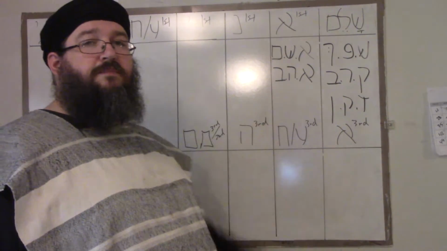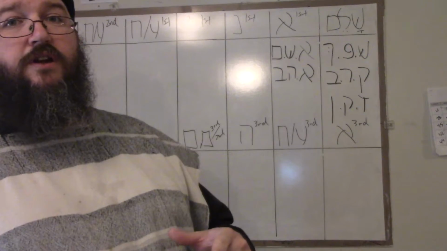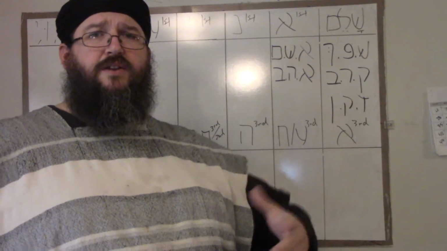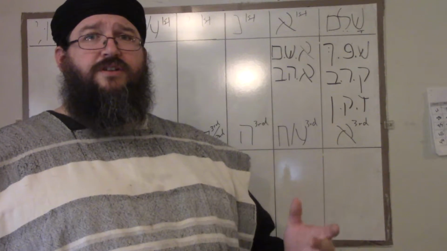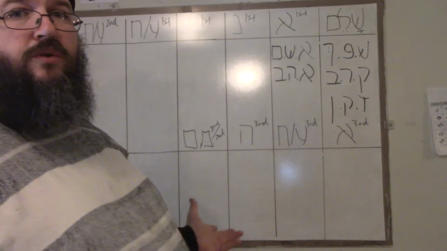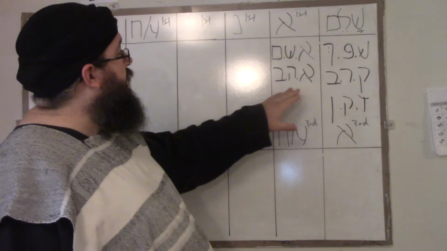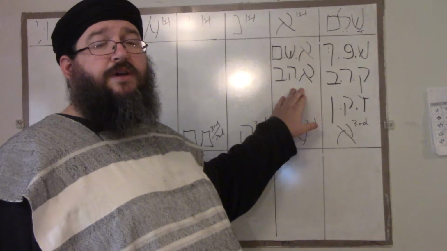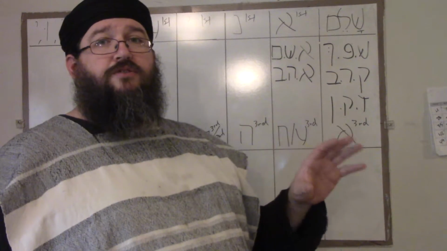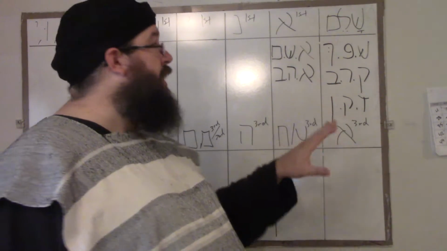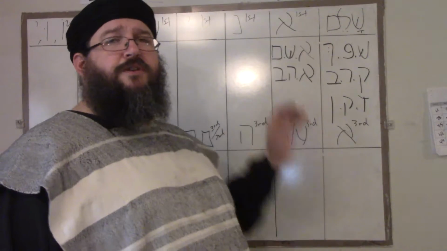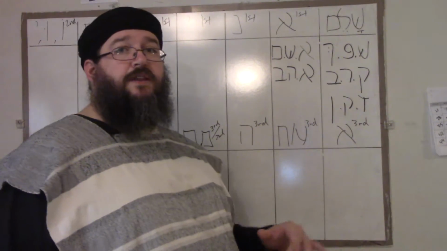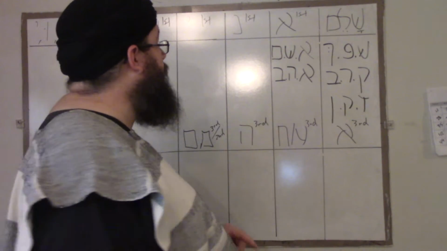Aleph, Hey, and Bet. Now I threw this in here because this happens a lot of times. You're going to find roots that happen to be a little funky here, because you're going to say, what do I do? Well, you're going to find a lot of times roots are going to fulfill the first requirement, which is going to be putting it in just the basic Pa'al form of the past tense. But the future tense might be a little tricky. So therefore, we have to understand the fact that when we're dealing with this issue of putting a future tense,